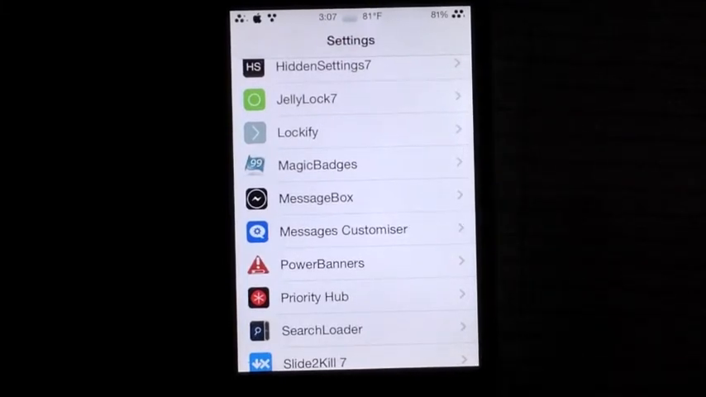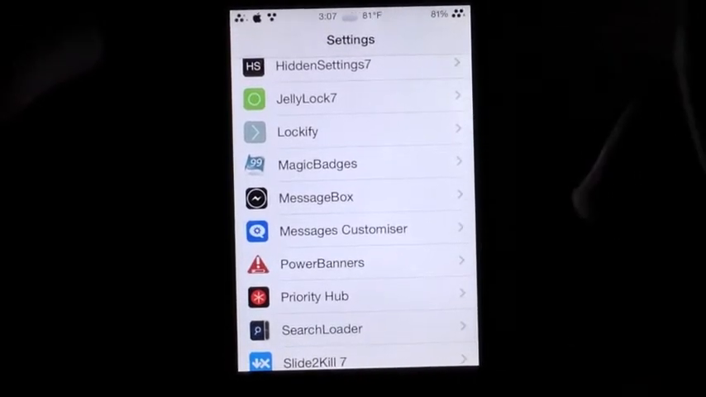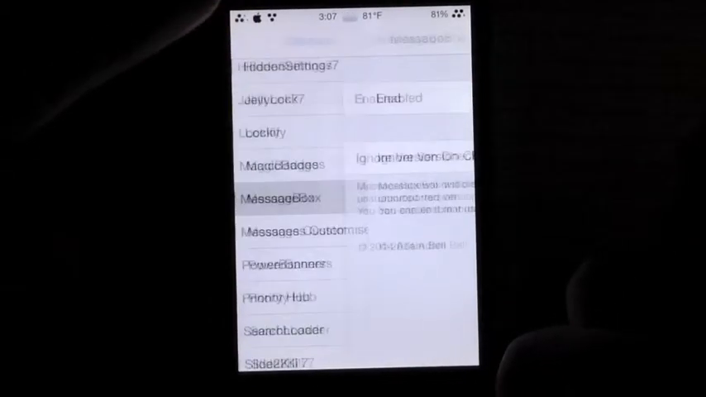Really cool tweak. The next two, I'm going to show two in one just because they both deal with messages. Is Messages Box, which what it does,